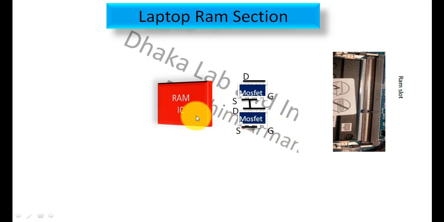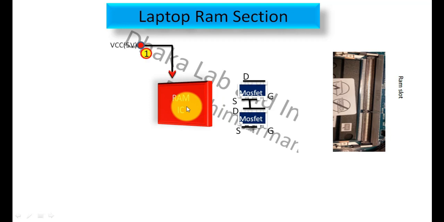Here we can see the RAM IC, and there are two MOSFETs. They will work as a switching regulator. We'll see their functions, and we also see there is a RAM slot. Here are the things which will be connected with each other. So I'm starting to discuss and explain this section. First,